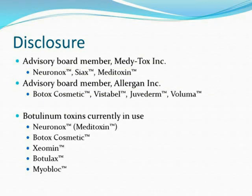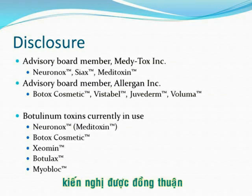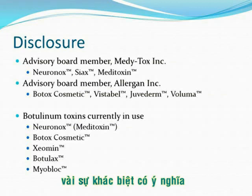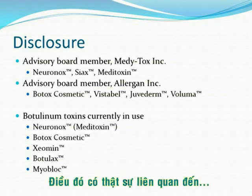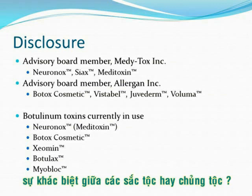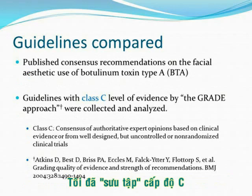So what I was wondering was, what is the meaning of each consensus recommendation, and are there meaningful differences in individual recommendations? Is that really related to ethnic or racial differences? So I collected